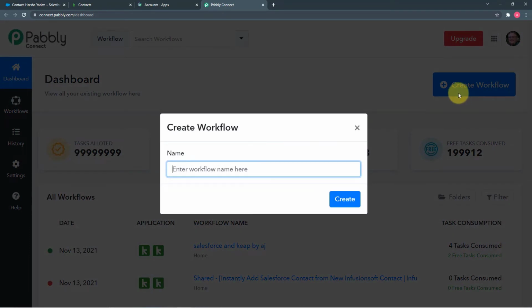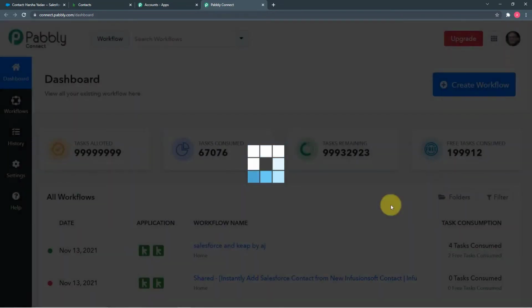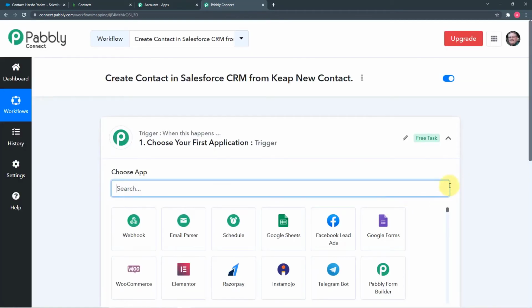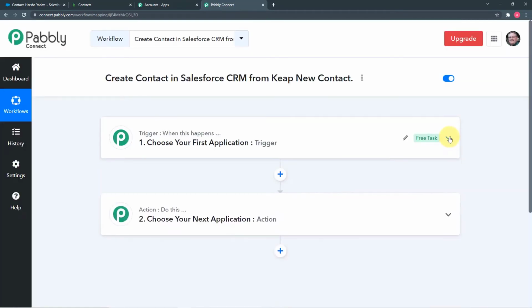And here you have to give any relevant name to your workflow. So let me fill the name here. I have filled the name as create contact in Salesforce CRM from Keap's new contact. Okay. Now click on create here